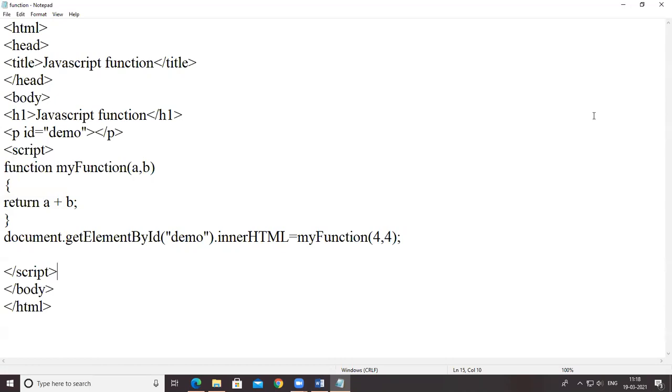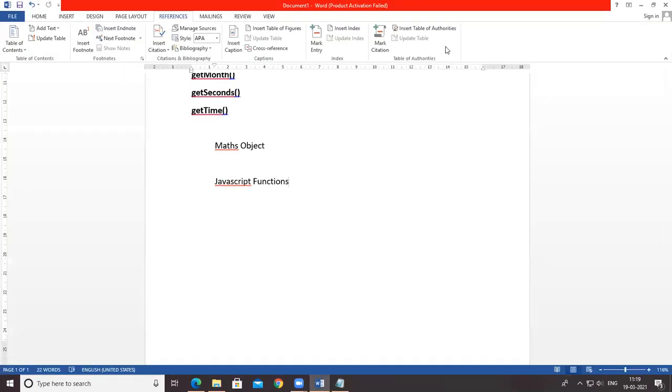Then next part is array. Next part is array.